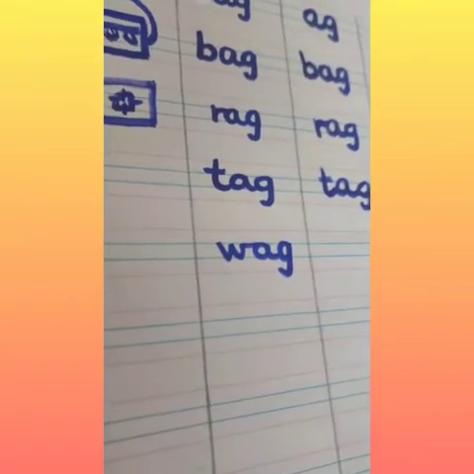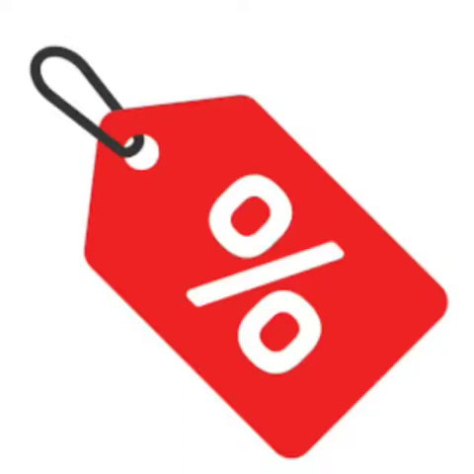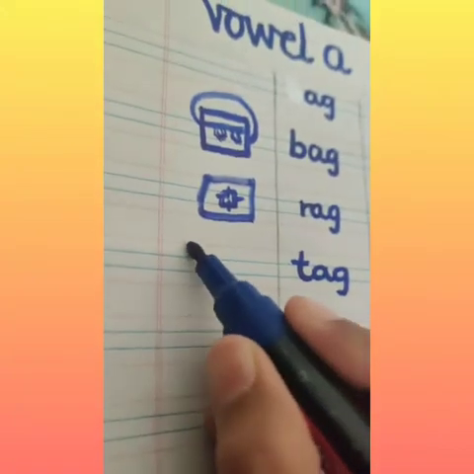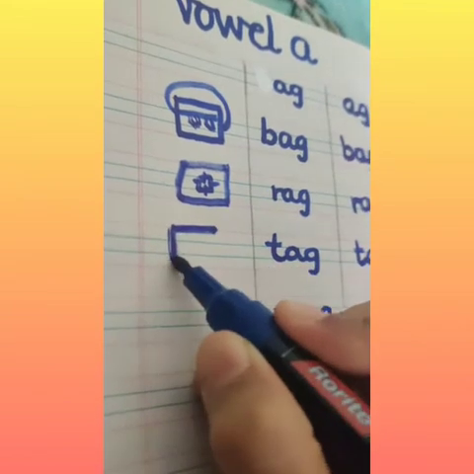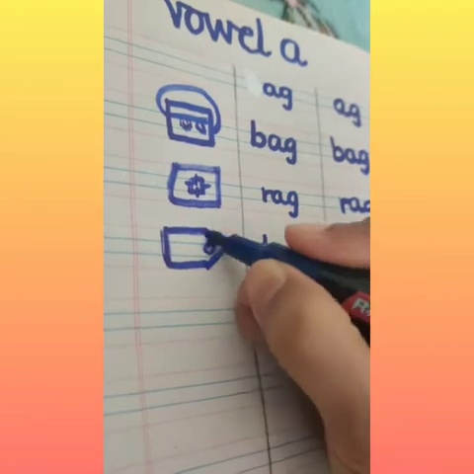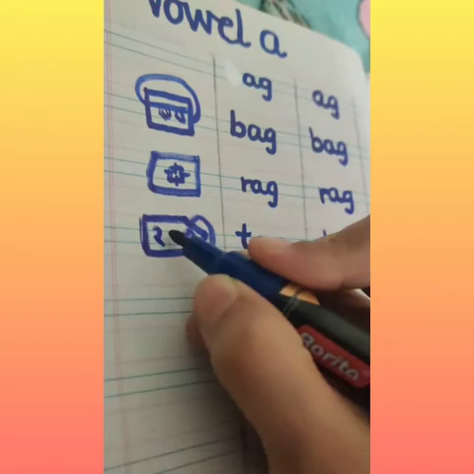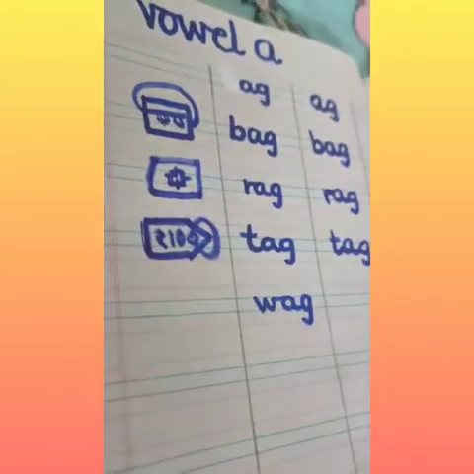Fine? Now tag. Tag is a label which is attached to something which is new. Okay, so when mama and papa buy something new, you always find a tag on it. Here, look how I am drawing a tag. One line, and then you can make a V shape here, a circle and a round. This is a tag, and on tag we find the price of that thing. So it is a 10 rupee tag.